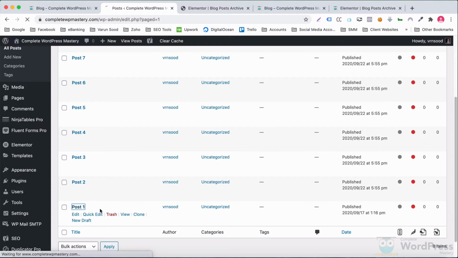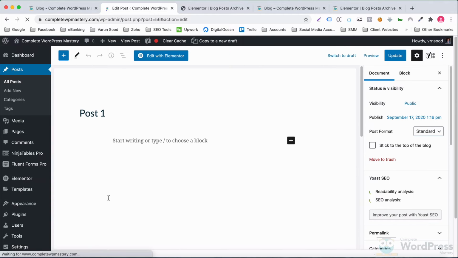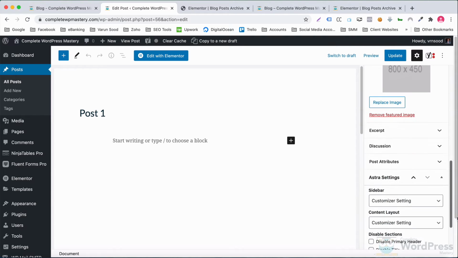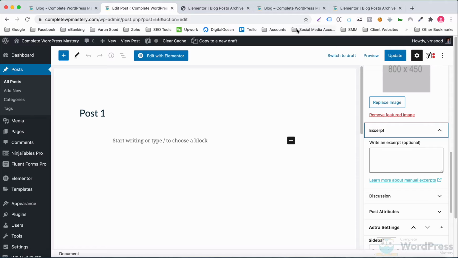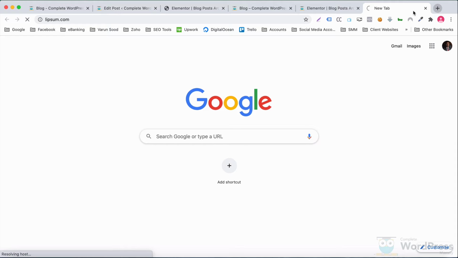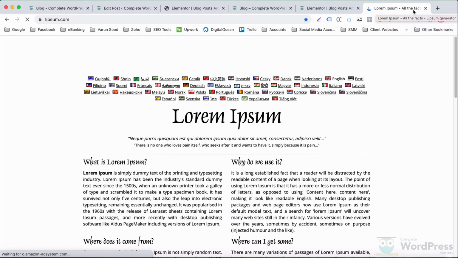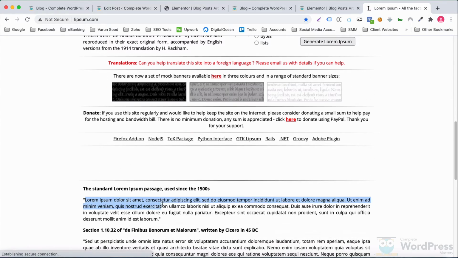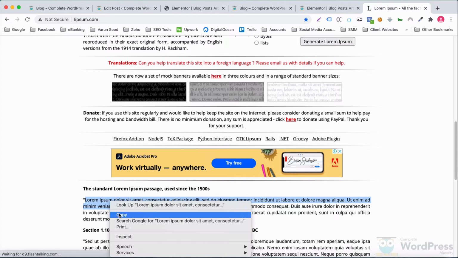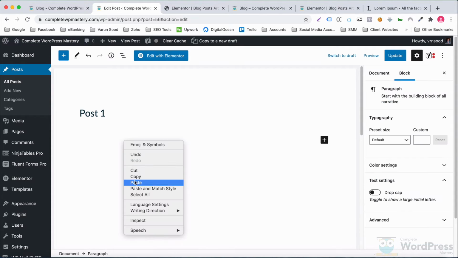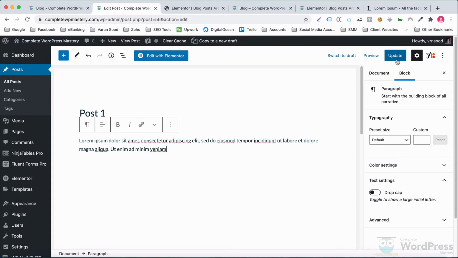Well, we'll also need an excerpt for all the posts. I forgot this while creating and cloning the post. So let's go ahead and put in an excerpt for this post. We'll see its utility later in this video. There is a nice website called lipsum.com from where you can quickly copy lorem ipsum text. I'll copy this small snippet and use this as the excerpt. In fact, let's go ahead and use the same snippet in the post's body as well. Once done, hit update.